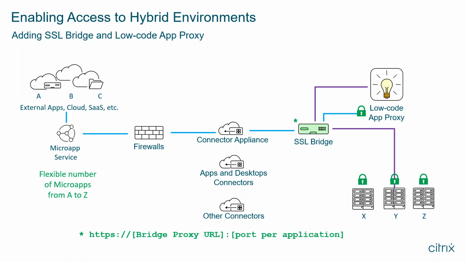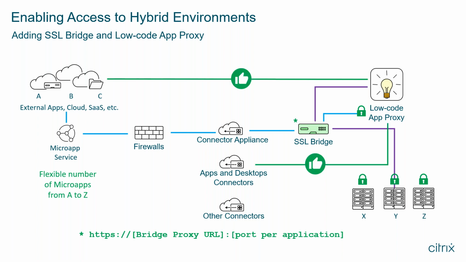So in essence, the formula is the bridge proxy URL and the port per application, right? And if you take a look at how microapps are coded, this integrates really easily with microapps. You don't need to keep track of where you're forwarding the request because our proxy will take care of it, and things look very native to microapps. And if we need to talk REST, we can talk REST. If you guys are really good with PowerShell, this is an area where the selection of .NET Core is conducive, because we can easily trigger PowerShell scripts from the same server, right?